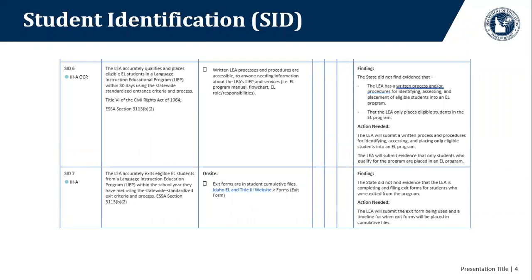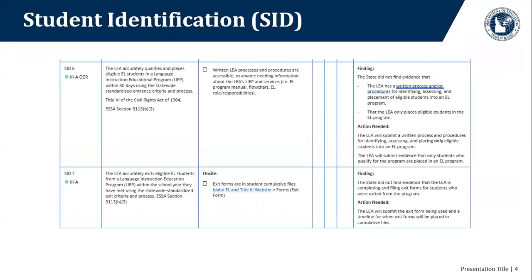So you want to look at SID 6 and look at what our district's policies and procedures are and where they are written for anyone to look at and review if they had questions. If you use some of the SDE documentation, you'll want to include that in this particular indicator, but it is important that you have a flow chart for those staff members at your district.